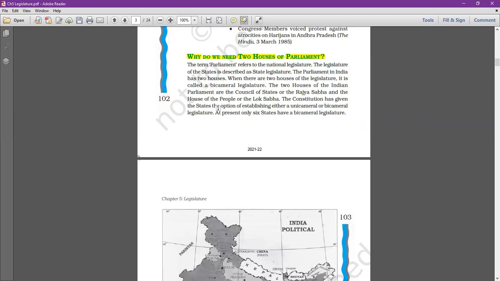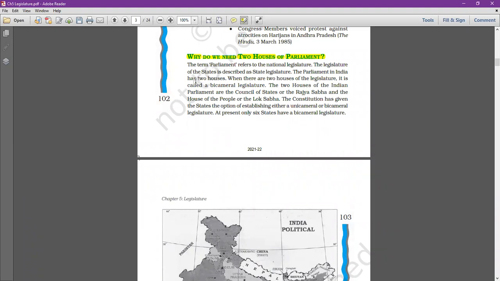So there are a lot of reasons that we have two houses of the parliament. If a particular bill will go twice, it will be discussed, it will be debated, then a better result will come out. And to give regions or states much of the representation, therefore we also included two houses. So these are a few reasons. On the basis of that, we can say that we adopted two houses of the parliament.